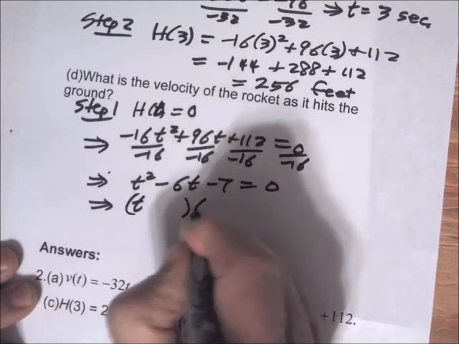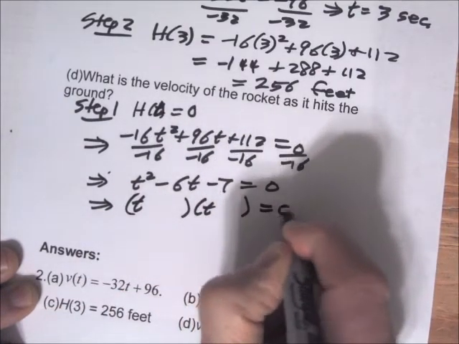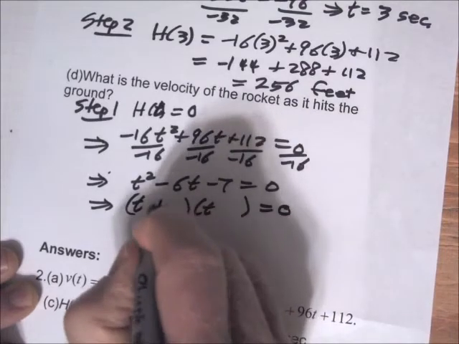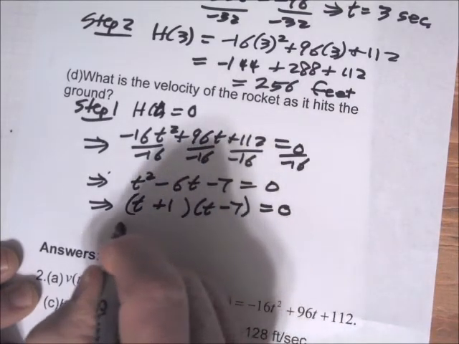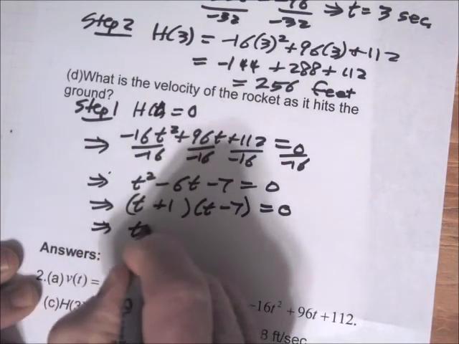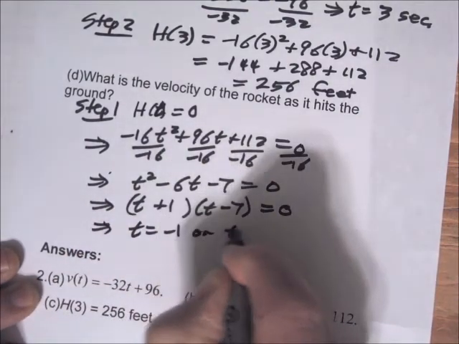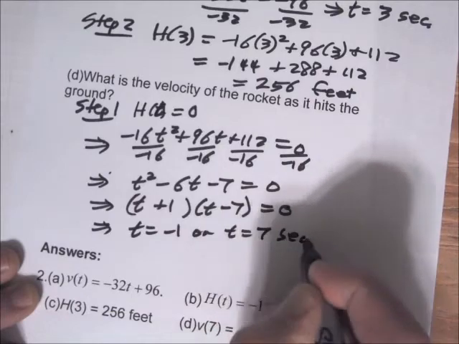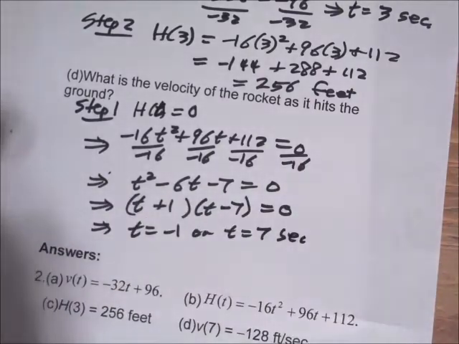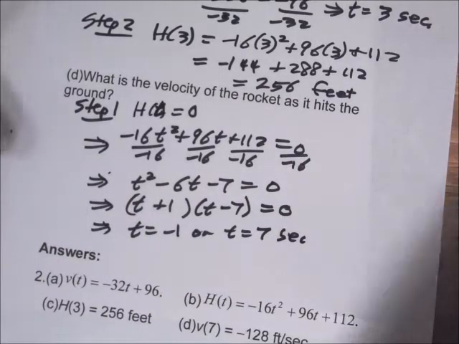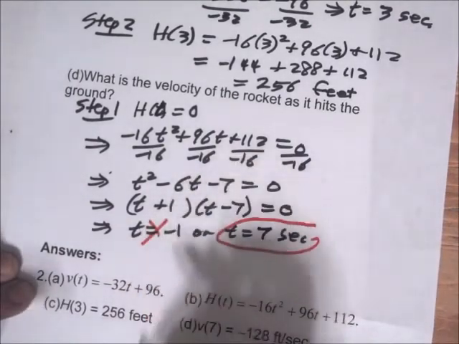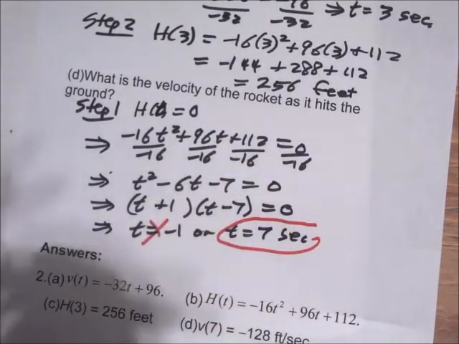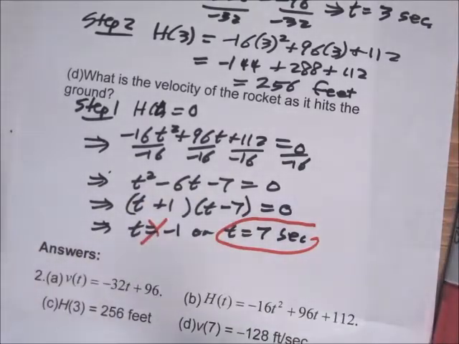t times t is t squared. We need two numbers to multiply to negative 7 and add up to negative 6, and that's plus 1 and negative 7. And that means that t equals negative 1 or t equals 7 seconds. We don't want to go backwards in time, so this is going to be our answer here for the time. And then we want v of 7. So step 2,